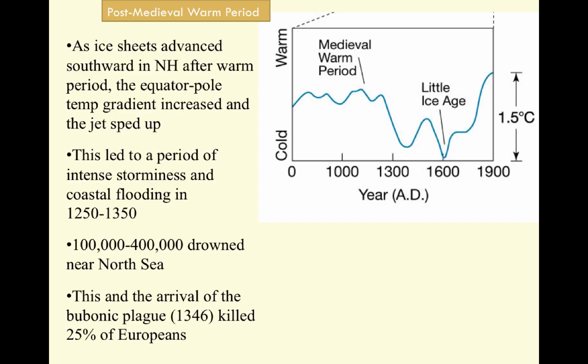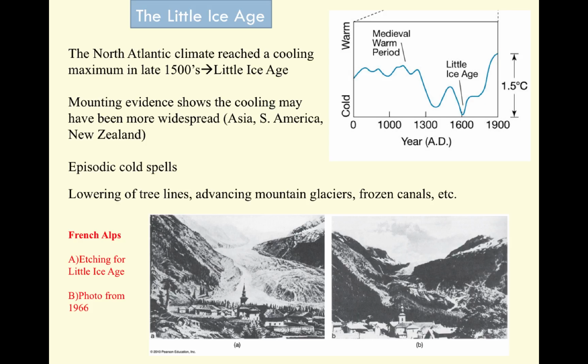Estimates are that up to 400,000 people drowned from these storms in the North Sea. And this and the arrival of the bubonic plague in 1346 killed 25% of Europeans, so a large impact from climate change. The North Atlantic climate reached a cooling maximum in the late 1500s that's called the Little Ice Age,